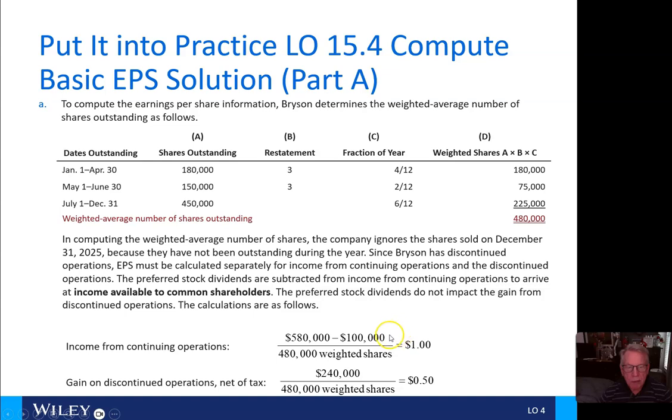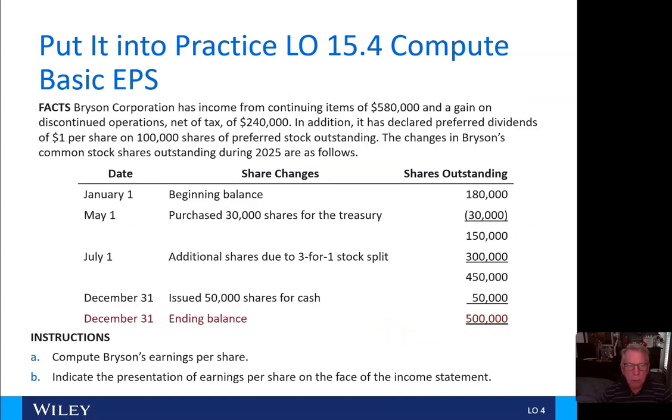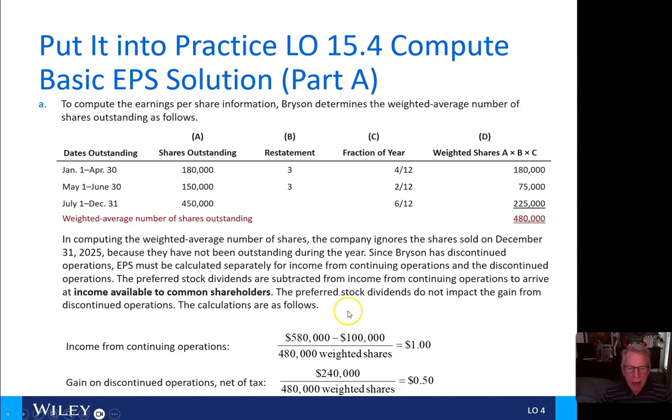So we'll take the 580,000 given in the problem here, back out preferred stock dividends, and divide through by 480,000, which we calculated here, giving us $1 of basic earnings